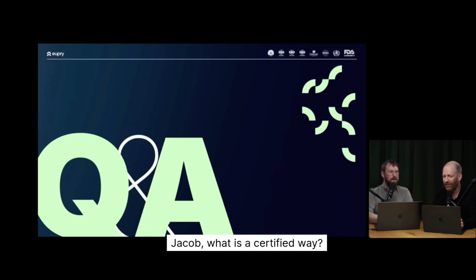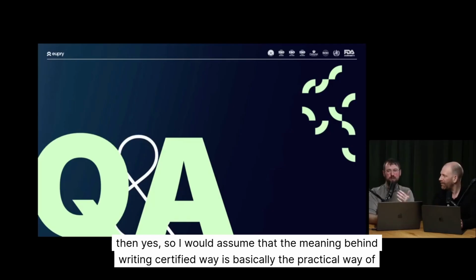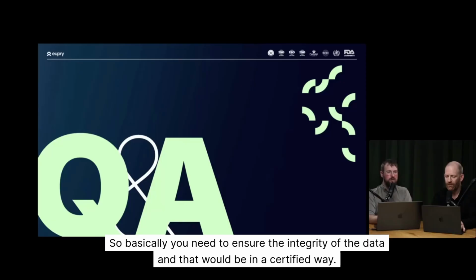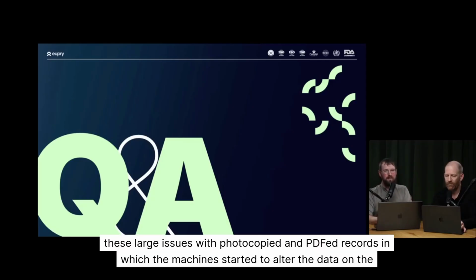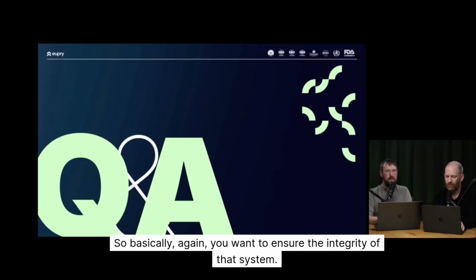Jakob, what is a certified way then? Yes, so I would assume that the meaning behind writing certified way is basically the practical way of what I'm trying to say here. So basically, you need to ensure the integrity of the data, and that would be in a certified way. I think it's important to understand the history, right? Was it in the zeros that we would have these large issues with photocopied and PDF'd records in which the machines started to alter the data on the scanned elements? So basically, again, you want to ensure the integrity of that system, and there are specific systems